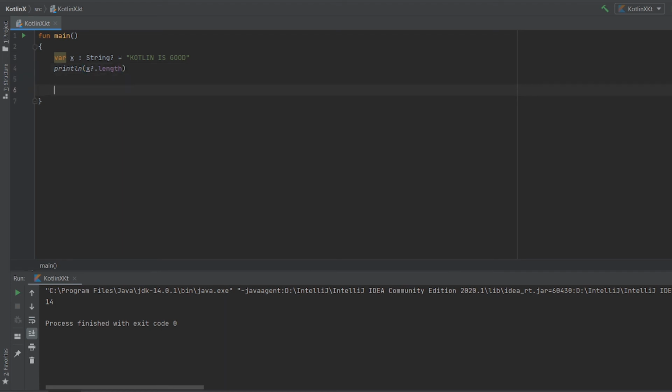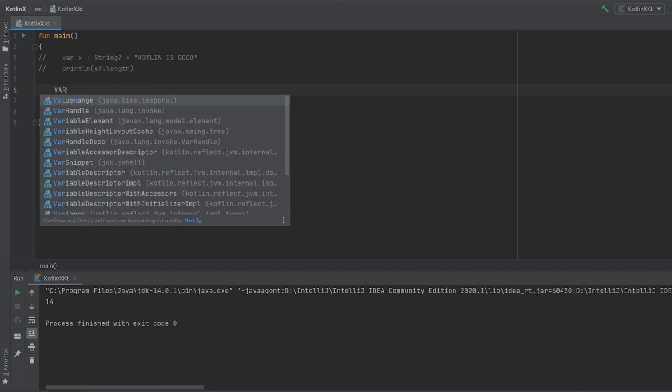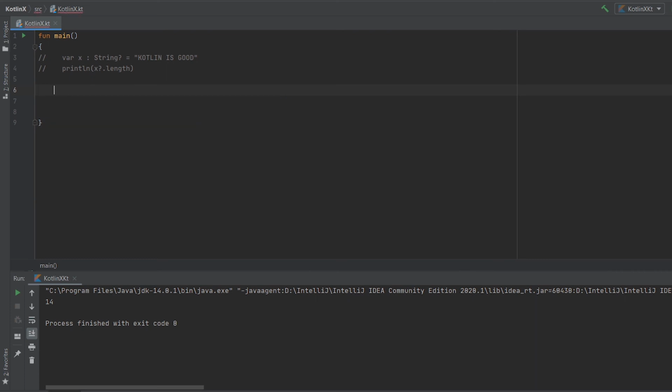Let's go with another example and comment out these two lines of code. What would have happened if you had done the same using a variable which definitely contains a value? Let's say we write a program where var y equals, say, Kotlin, and we want to print the value of y.